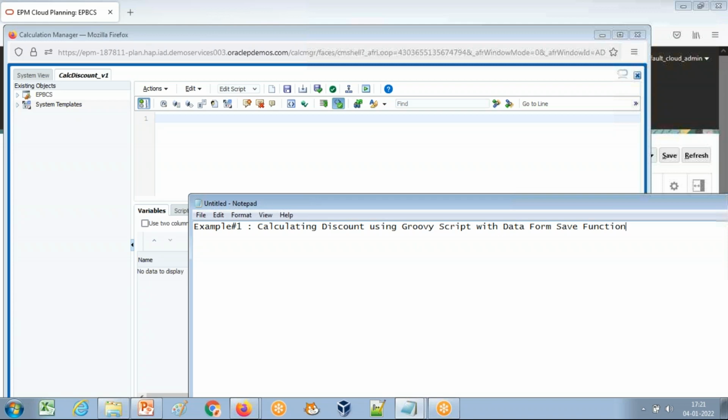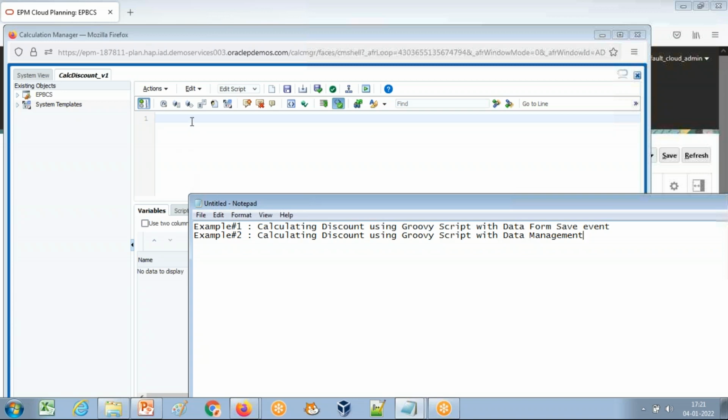So when you click on save event. And the second example we are going to do, we'll invoke discount using Groovy script with data management. So on data management, followed by data load, this discount calculation takes place.